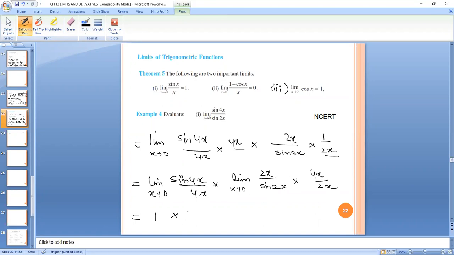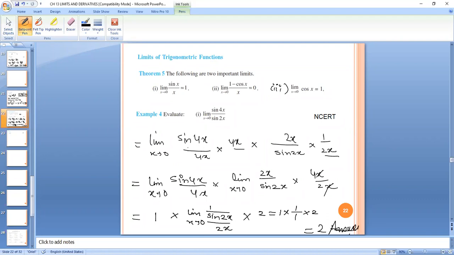Okay, I'll write one more step. It can be written as limit 1 upon sin 2x upon 2x. Again, I can write this term in the numerator in the denominator of the denominator, and x is cancelled with x, 2 is cancelled with 4, it will return you 4. So this entire term will be 1 into 1 upon 1 into 2 is equals to 2 as the answer. But you need to mention the formula why it is so.